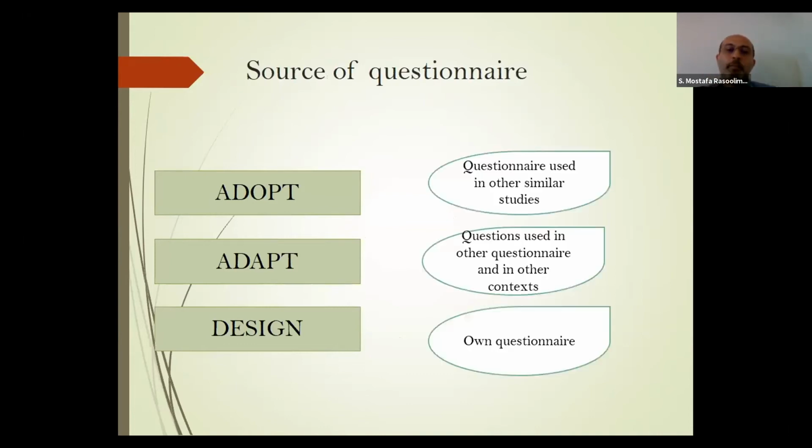Actually, there are three main ways of designing a questionnaire. Sometimes we adopt questions and items to develop a questionnaire. Sometimes we adapt, and sometimes we design our own. So we develop our own questionnaire. The last one is the least valid,